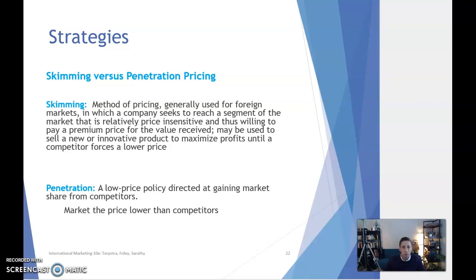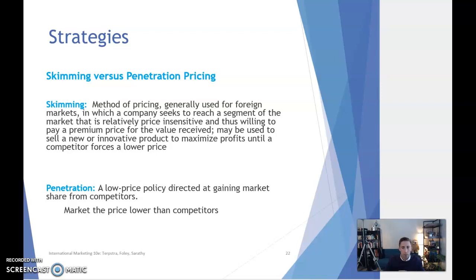Penetration pricing is the opposite. So I go skimming into a market. I'm saying I want a valuable product. It is the best. So if I have an iPhone versus a BlackBerry, right? And I'm going to a new market never been before, and we want to get into these markets. We could premium price this because we know people want that product, and they don't care about the price.